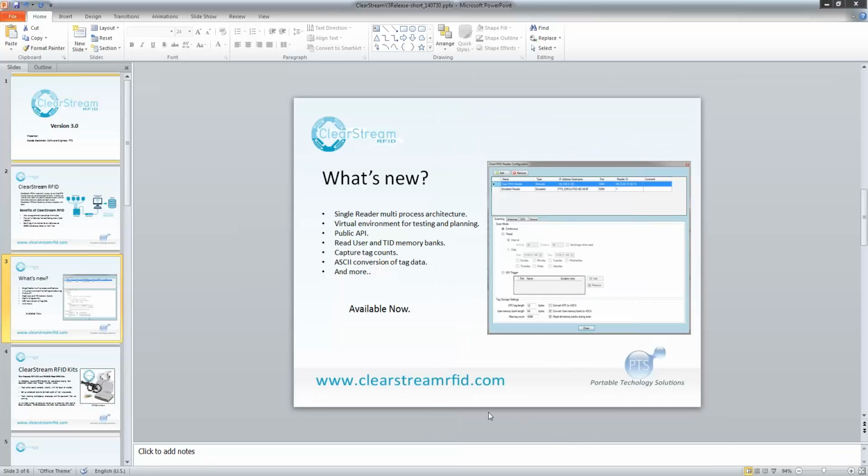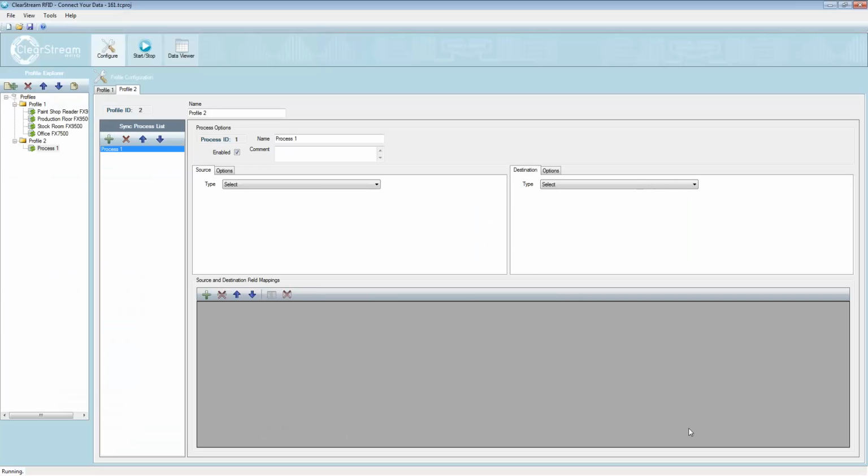Okay. So let me jump over now to ClearStream RFID. I'm going to bring up the Management Studio here and show you how everything works and some of the new features of ClearStream 3.0. So this here is the home screen of ClearStream RFID, and this is where you're actually configuring